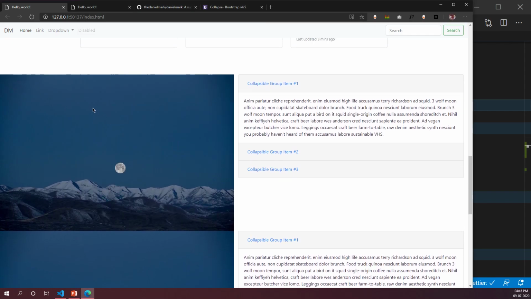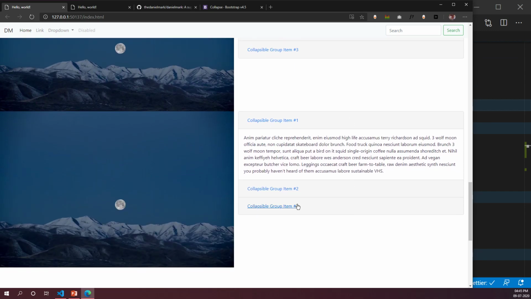Just copy the container-fluid itself, along with the photo. Just recreate the same row below it, okay? We'll modify this now. I'm copying it just for the layout. We'll change that content later on. Okay.